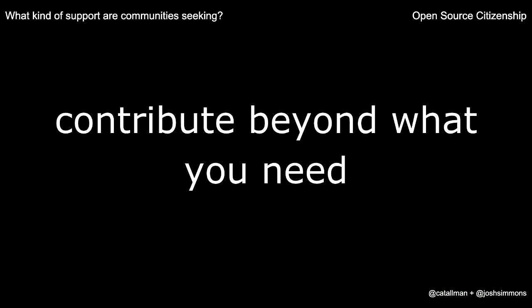I hear a lot of projects ask for companies to contribute beyond what the company needs. I think it makes a lot of sense that businesses tend to contribute back things that are directly related to their business interests. That's not surprising for anybody. But we need more than that. For instance, how great would it be if one of your senior developers was offering to do code review on other features that other contributors are